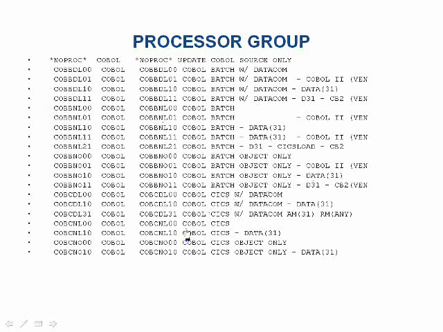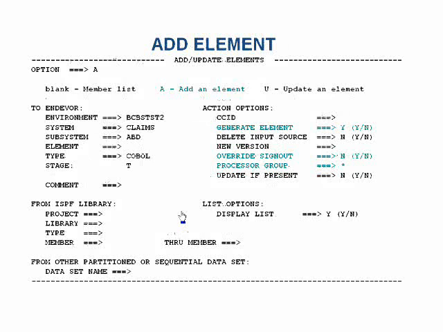If it is COBOL DB2, COBOL CICS DB2, then this will basically show you different compilers, and you select the suitable one and add that one. It will not only take that element to Endeavor, it will also compile it, and it will show you any compilation errors. If nothing is there, then it will successfully move the element from your local library